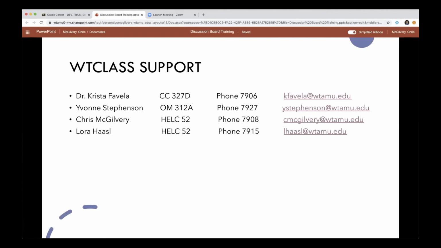But I'm looking at the dev template, and I see that on the left,